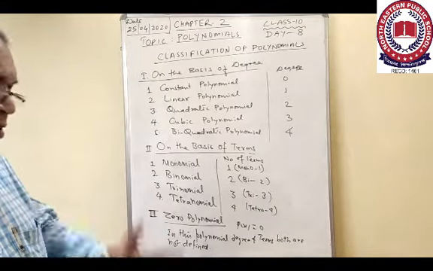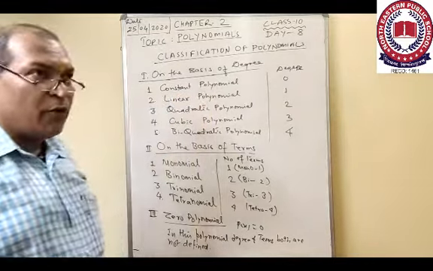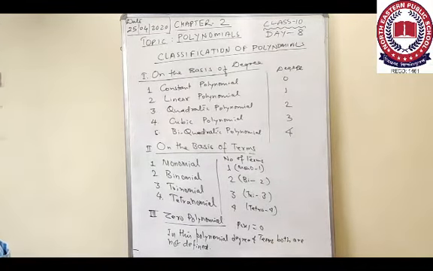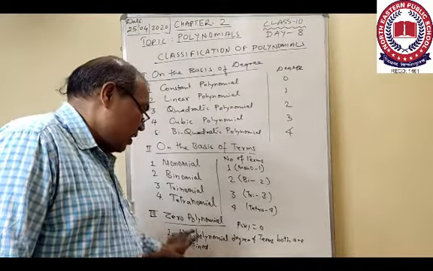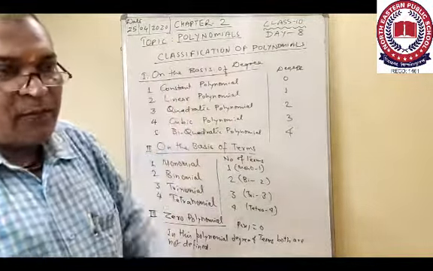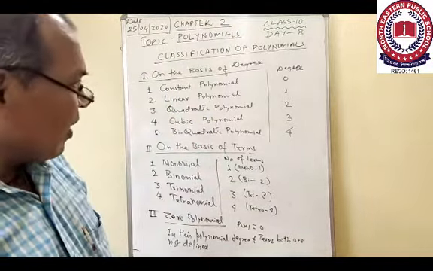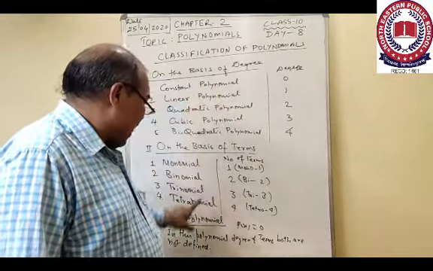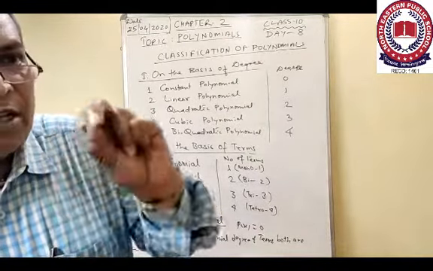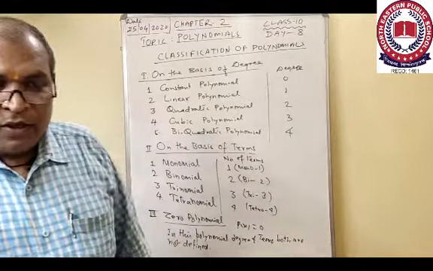Though we know that 0 is constant, but here, as I said, a constant polynomial will be some number other than 0. So zero polynomial is the one in which there is no term, no degree, but constant polynomial, just like p of x is equal to 5, is a significant number. That is why we call that polynomial constant polynomial, and zero polynomial is p of x is equal to 0. That is considered as insignificant term. That is why these two things are classified separately. So you should know it well.